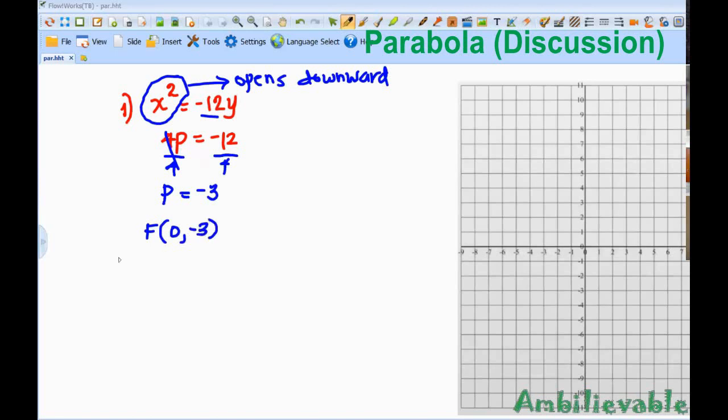The directrix is opposite of the p, so we have the directrix y equals positive 3. And the endpoints of the latus rectum